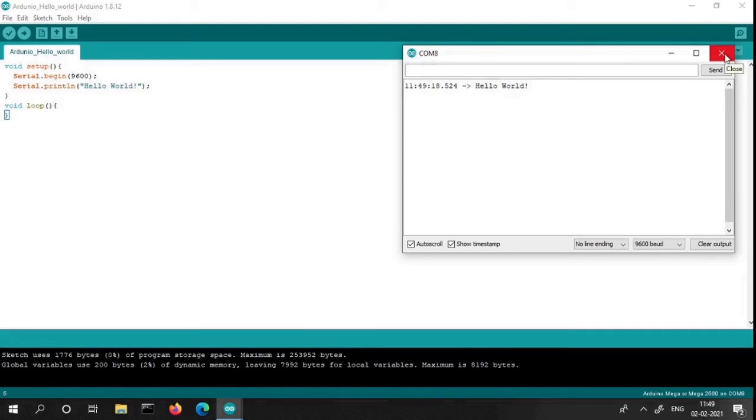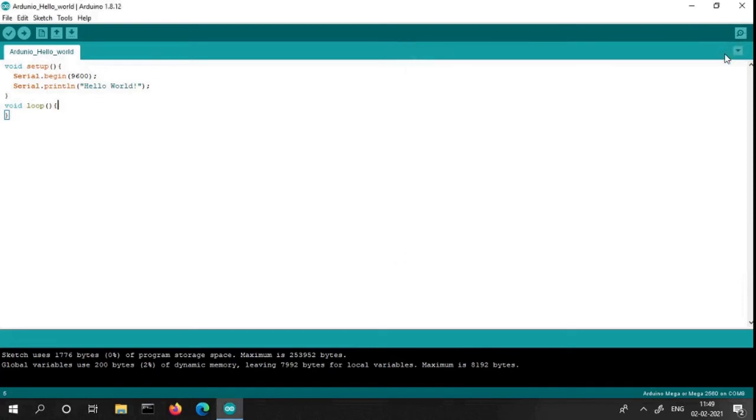Then we can see the hello world program in the serial monitor. COM 8 is given in the header of the serial monitor, which is the COM port we have provided. We have seen only the hello world. Only one time the hello world is printed.